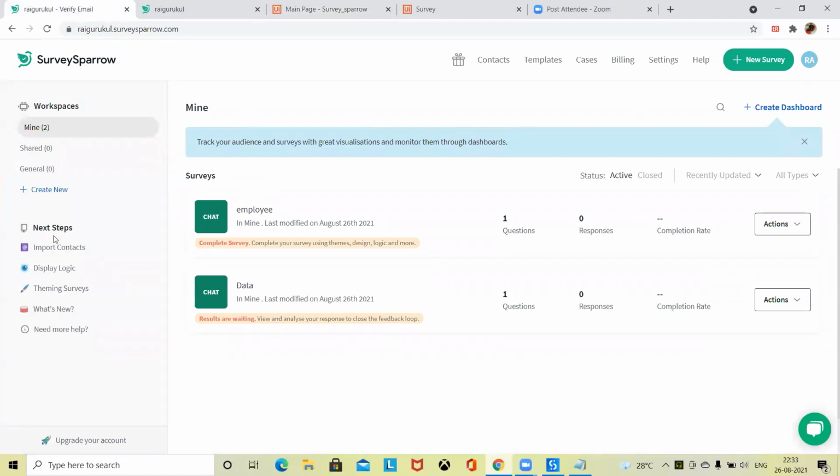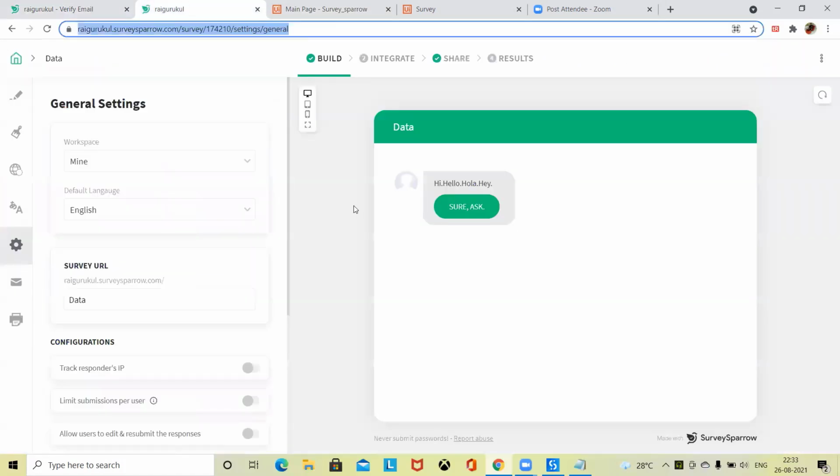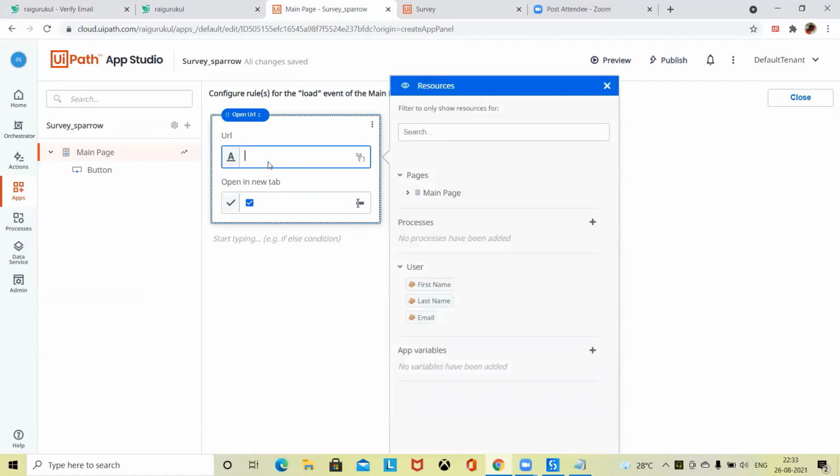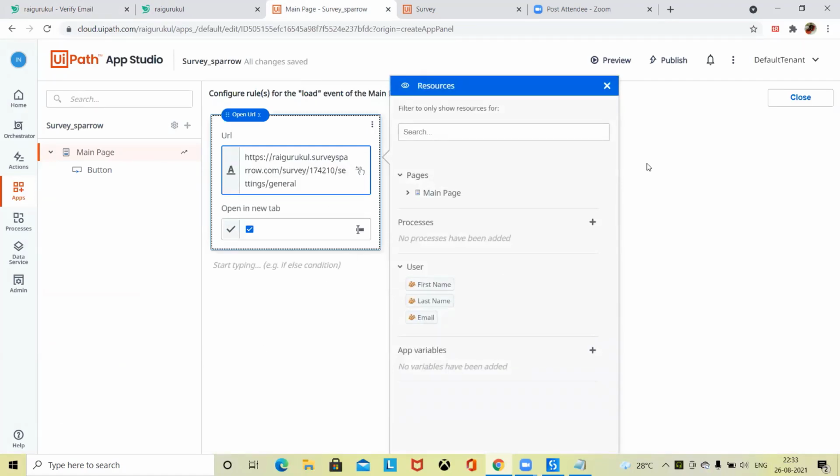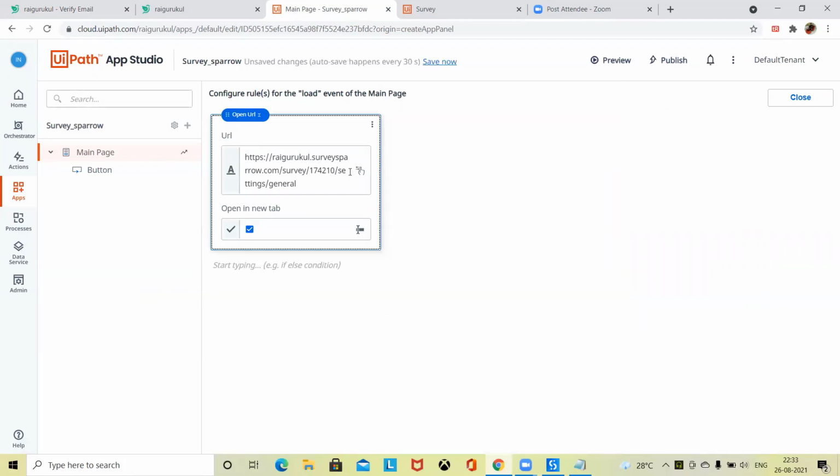Whatever we want to integrate, simply use the complete setting here. Let's say I want to use some default template, or let's say I've created this survey. Let me use this one. Here I will simply add the URL and then my component. Let me check the preview. Now you'll see the preview has started generating and you'll find one button available. On clicking this button, it will navigate to the next page. Here we have to allow your browser.